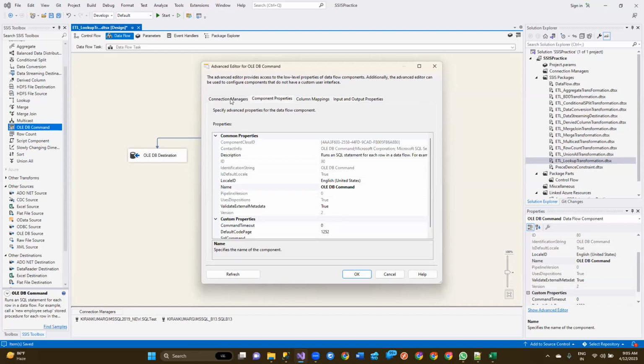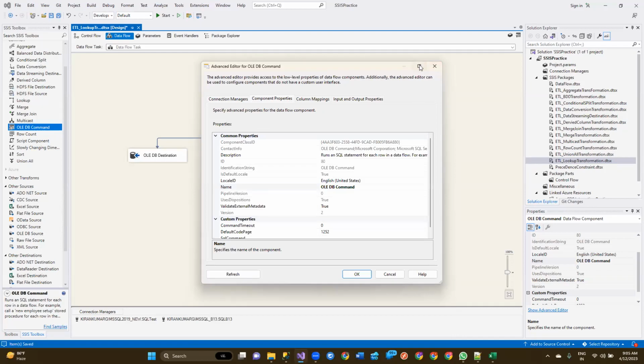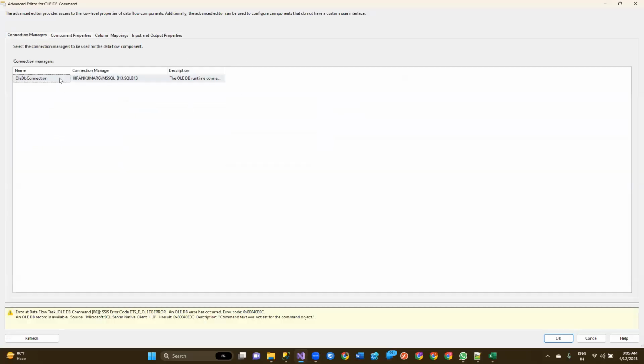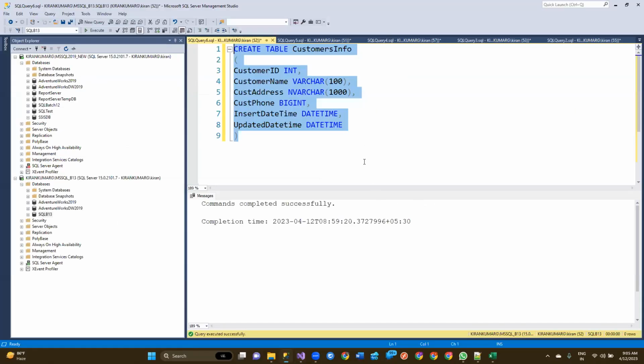Go to the component properties once you have assigned the connection manager. My target database, my target server connection I have assigned, and go to the component properties. Here if you see SQL command, I would like to write the query. So I would like to update my target table. Set